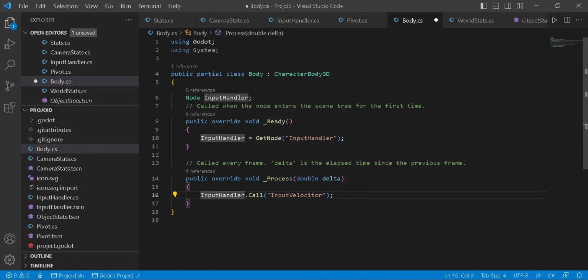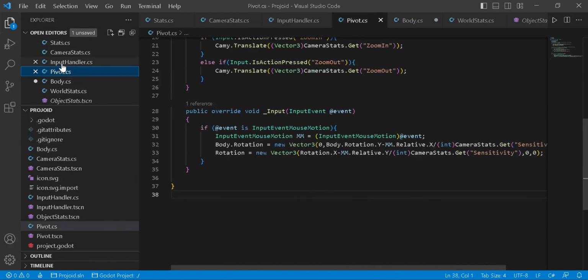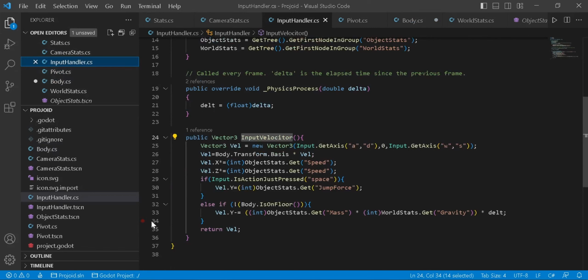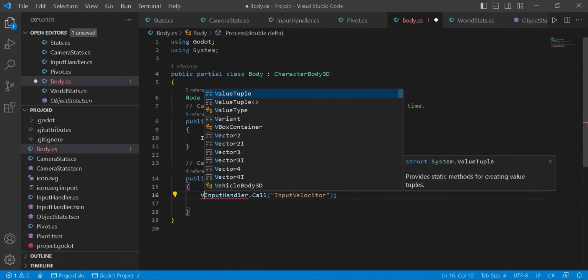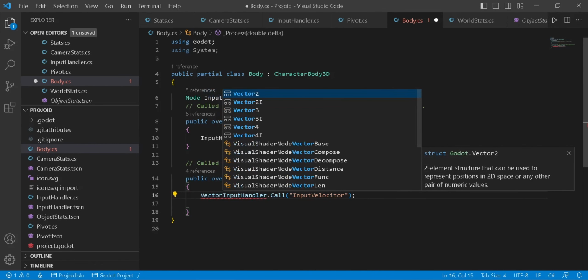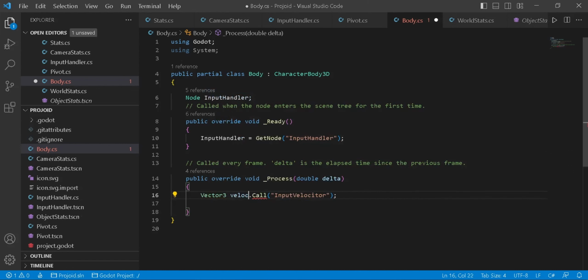Input handler.call. Well, we remember that it returns us the velocity, right? If you don't remember it, you can see it right under the pivot. It returns the velocity at the end, right? So we need a space to store the velocity. Where do we store the velocity? Inside a space. That's pretty simple. We basically do only one thing. That is, we say a Vector3 called velocity is equal to